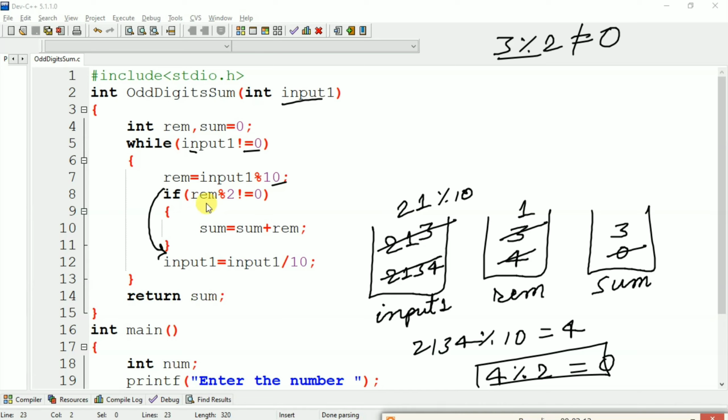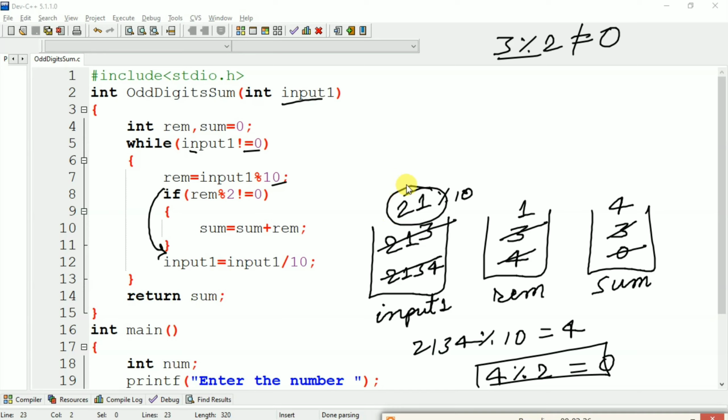After that we will again check the condition, if remainder modulus 2 is not equal to 0. Here 1 modulus 2 is not equal to 0. Our condition is true. So we will perform this operation, sum equal to sum plus remainder. Here sum is 3 and remainder is 1. So now 3 plus 1, now sum becomes 4.